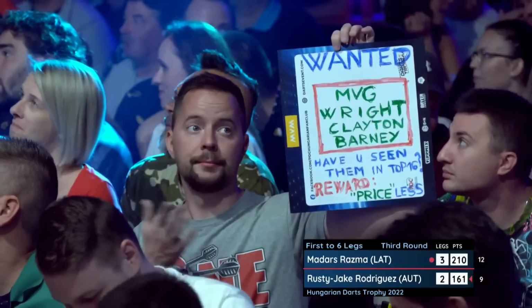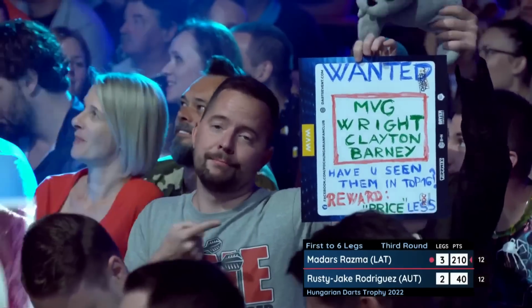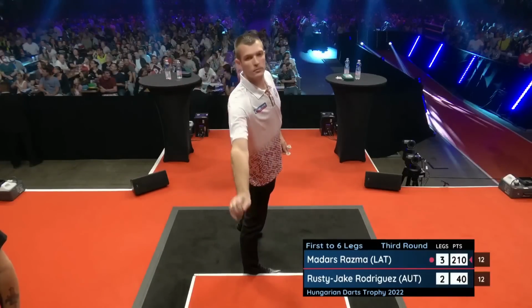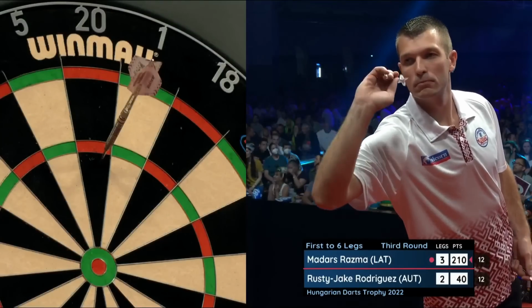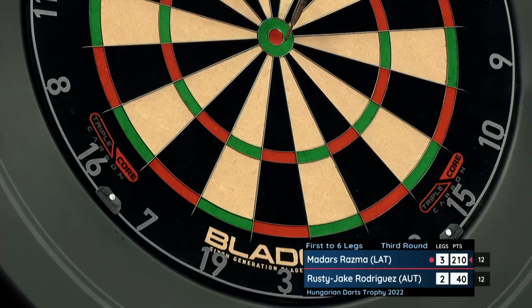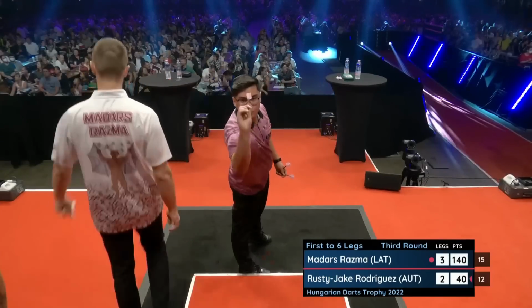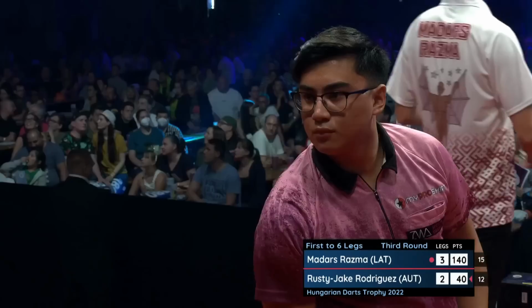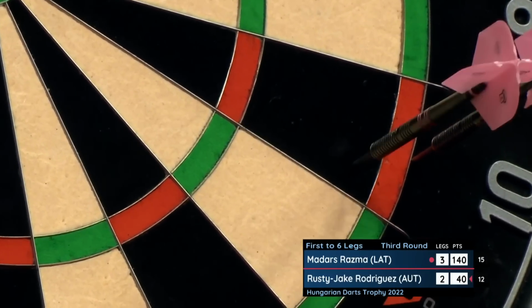Brilliant from Rusty. Just the circumstances in which he lost the last leg, I should say, to respond like this, but this is what he did previously. He teed up the shot with a good setup shot, didn't convert. Yesterday, Rusty averaged 99. Like Mark said, best performance on the European Tour to date. It's not as good today, but